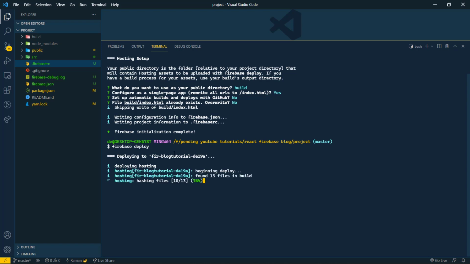It is deploying to the hosting, and see that here we are getting these logs. For the hosting this is the cache, and it will take time for the hosting. Now it is 76%, so let's wait for that.